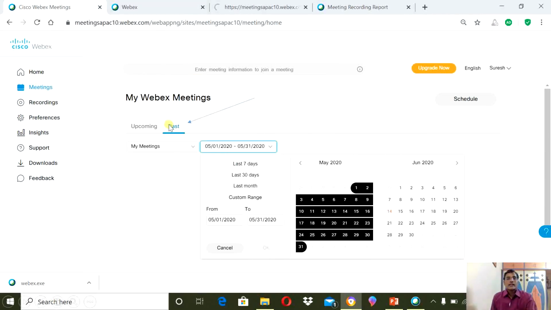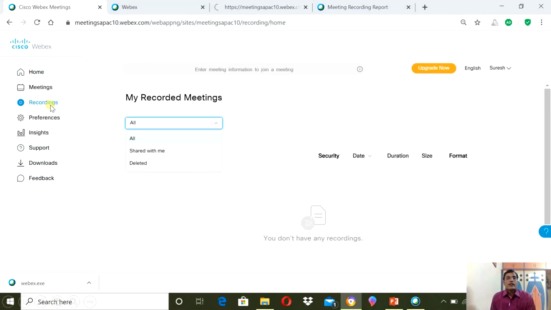Then next, when I click on Past, I will see the previous meetings. I can select the range, so I can see all the records of the meetings. That is very useful record keeping for us. Generally, if we are required to produce proof that we have taken a meeting on a particular day, here is the record. This page can be used as a preservation of our records. Then Recordings, whatever recordings we have done before can be classified and shown in this format. Everything is available here.